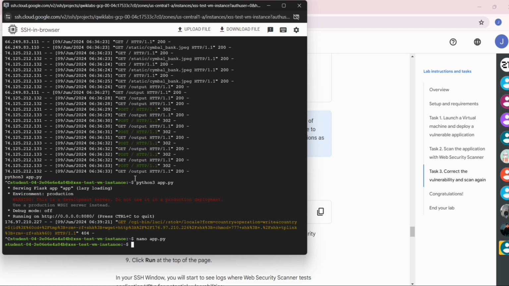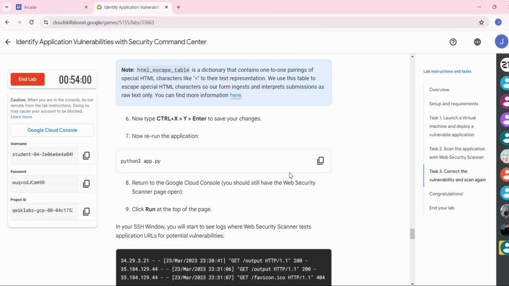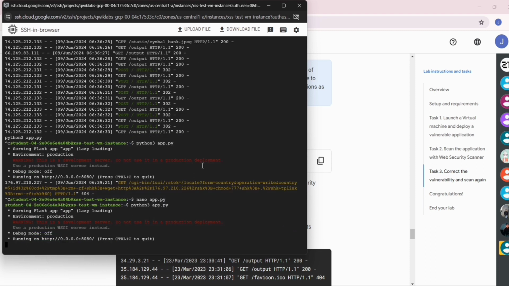Now you have to rerun the application. For that, go back to the lab instruction, copy this command, go to the SSH window, paste it here and press enter.